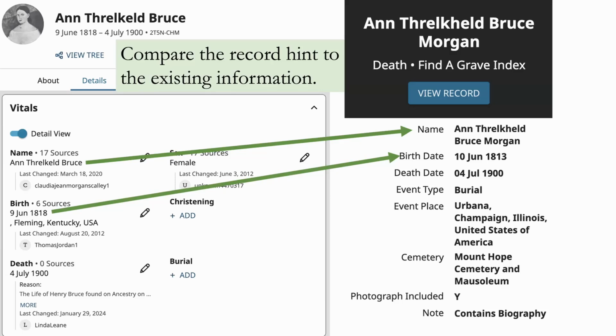In this case, the dates are different. They're off by 5 years and 1 day. There's a 10 June 1813 and a 9 June 1818, which immediately raises a flag of concern, because what if these two people were born 5 years apart? It's very possible that they had the same names, and that either we've got the wrong Anne Threckeld Bruce married